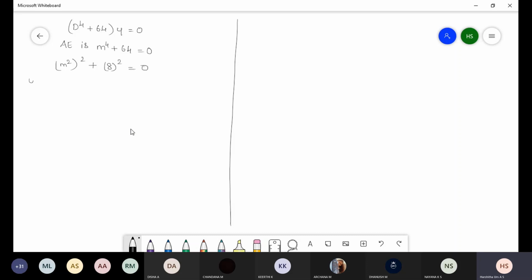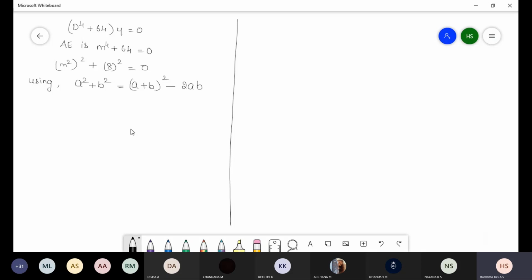So for this we have to use the formula, which is a square plus b square is equal to a plus b whole square minus 2ab. For a square plus b square, I have added and subtracted the value 2ab. If you add, a square plus b square plus 2ab will become a plus b whole square, minus 2ab I have written as it is. Because when I substitute the values, it will be in the form a square minus b square.